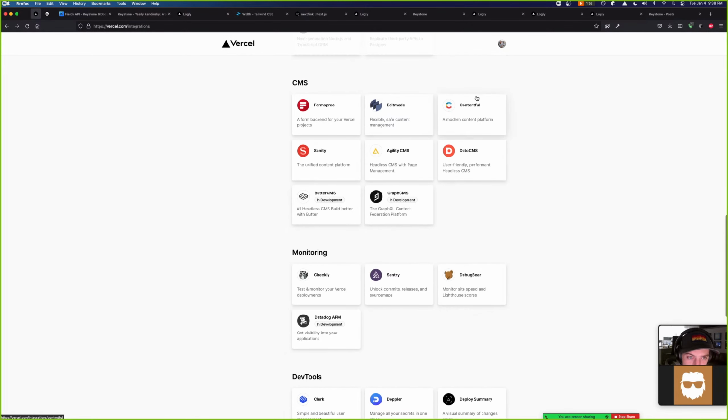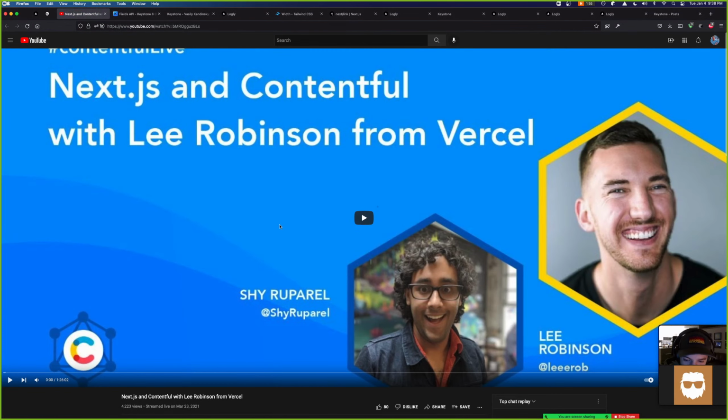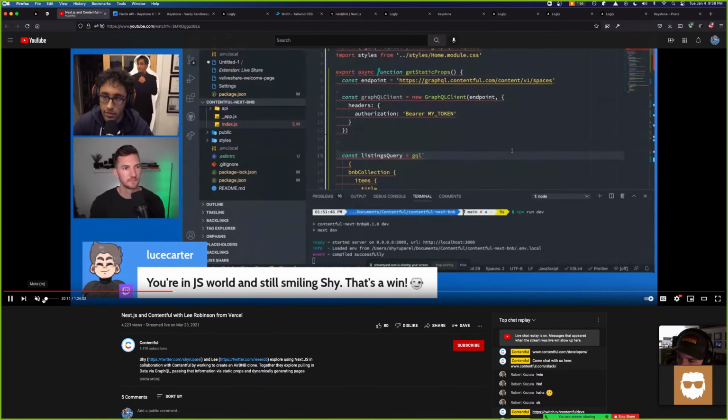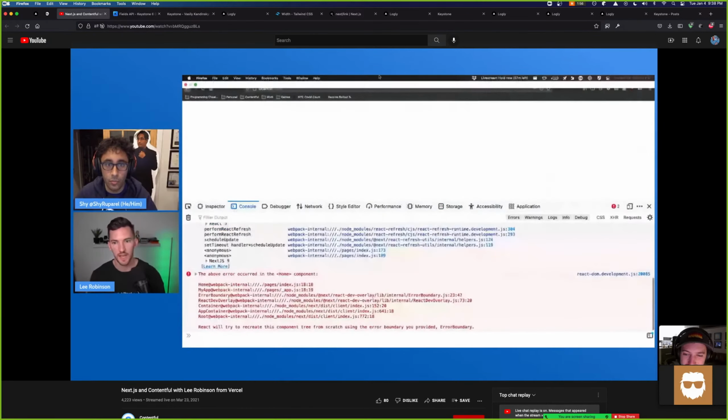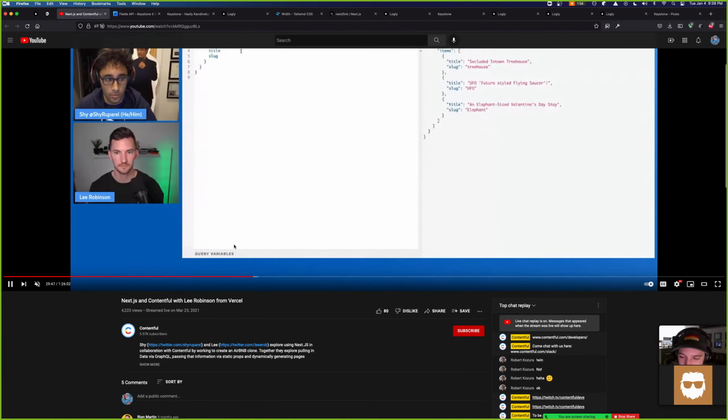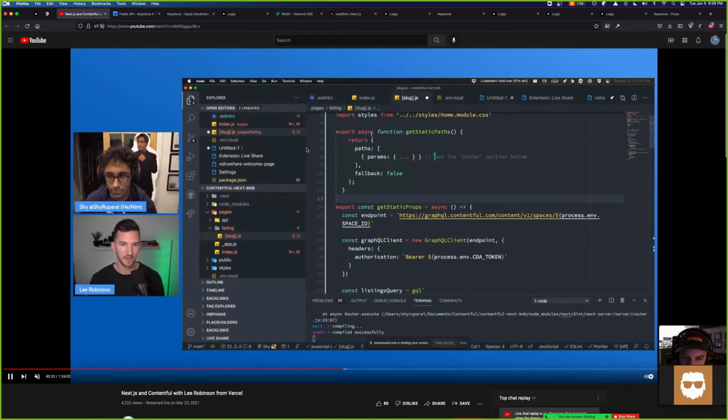But this Contentful one looks enticing, because doesn't Contentful do most of what Keystone does? Yeah, they're configuring a GraphQL client. See, this is better than Keystone. Damn it. Should I change?